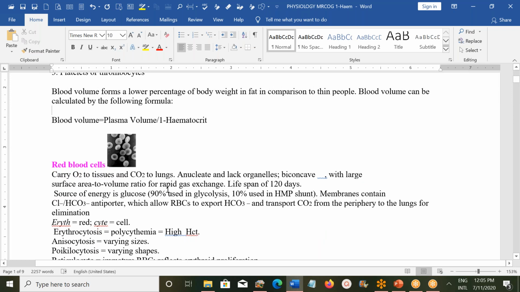Usually, they will not ask you to calculate the blood volume, but if they do, then this is the simplest formula to calculate the blood volume. So